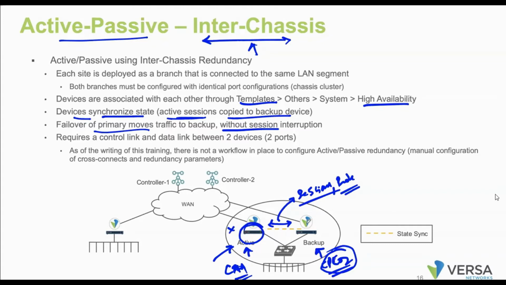Whenever we go with this inter-chassis communication, we are going to configure the link between these two branches. Now, what about this link? Will it be a physical link or an overlay communication? You can achieve it both ways. If you want to make a physical connection between the branches, that's available. Or if you want to use the overlay IP addresses to establish communication, that is also possible.